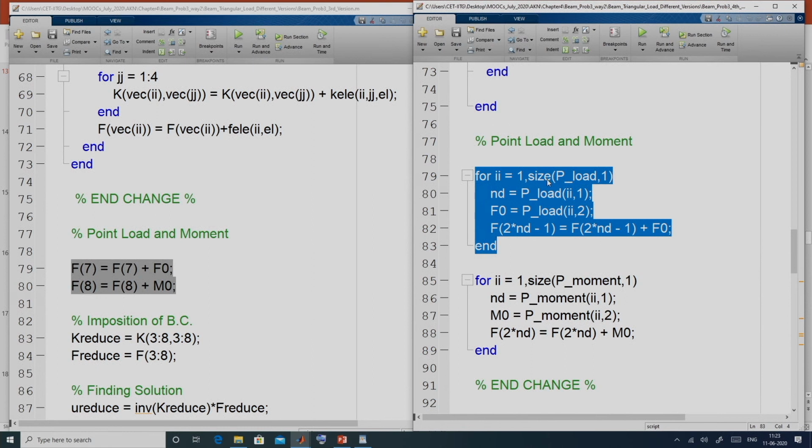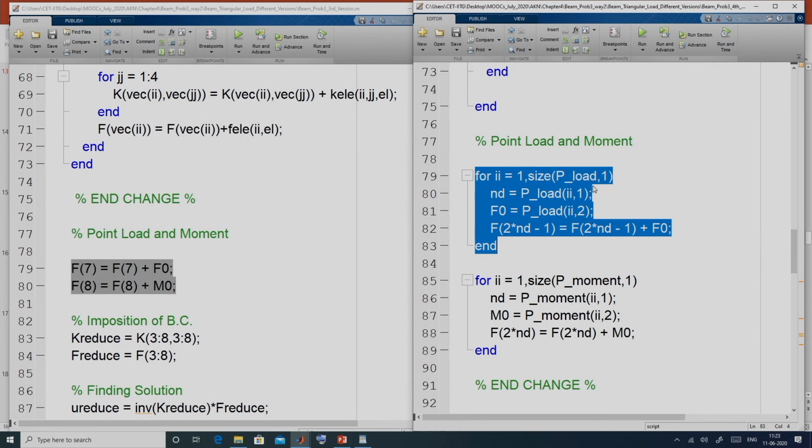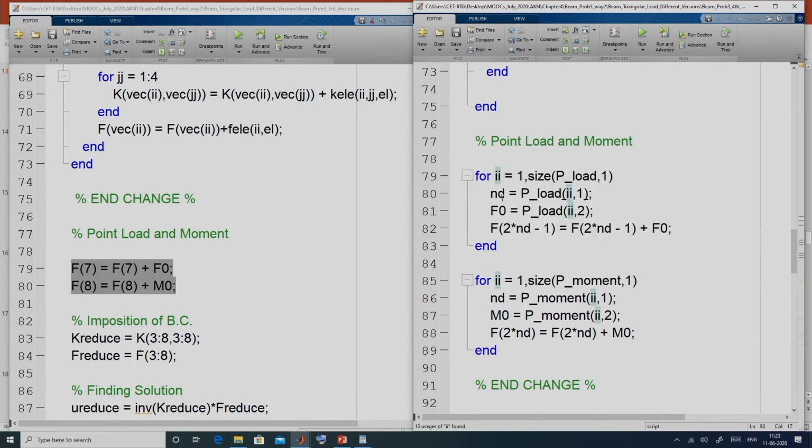In our main program, we run the loop from 1 to the row number of that P load. So, in as many nodes as the point loads are specified. So, this is 1 to that number, and this node is nothing but the location of that point load, that is the first column, and this is the load value in the second column.